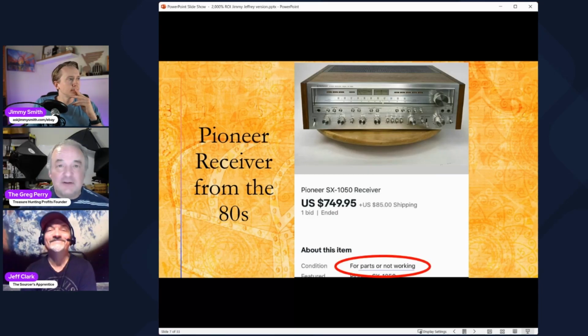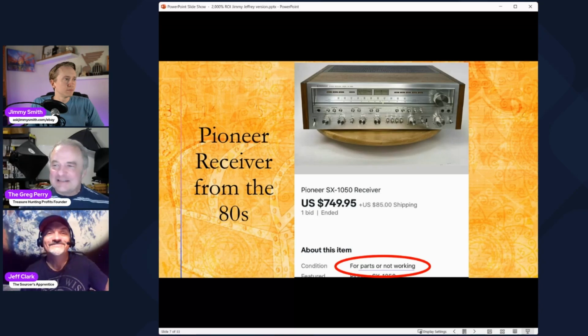The thing didn't even work. This seller sold it as is, no returns. And we don't even like to say no returns. We like everybody in our group to offer free returns because it increases sales dramatically. But that's beside the point. This seller said, I won't take it back. It doesn't work. Someone paid $750 plus $85 shipping, and it didn't even work. And it wasn't guaranteed for any reason. And I'm just telling you, if you sell on eBay, I truly feel bad for you if you ever compete against one of our sellers. I mean, I really do. That is a battle you will not win until our seller sells out of whatever it is they're selling.